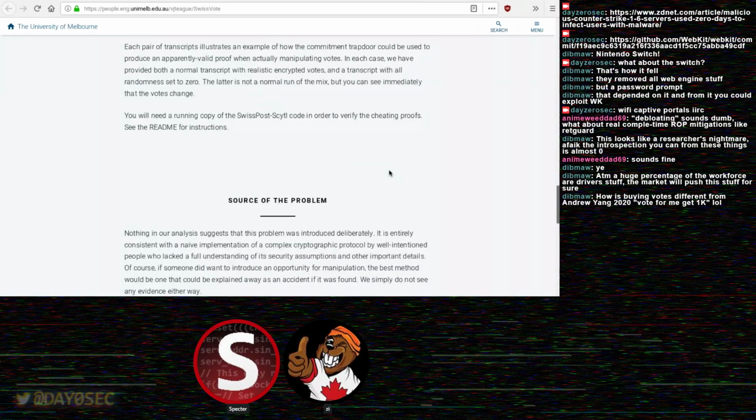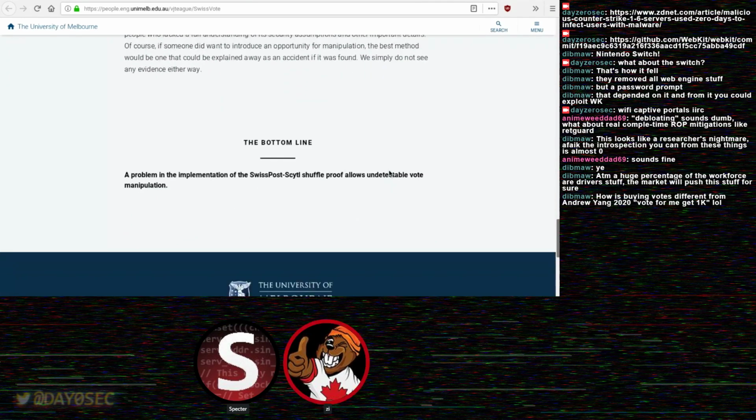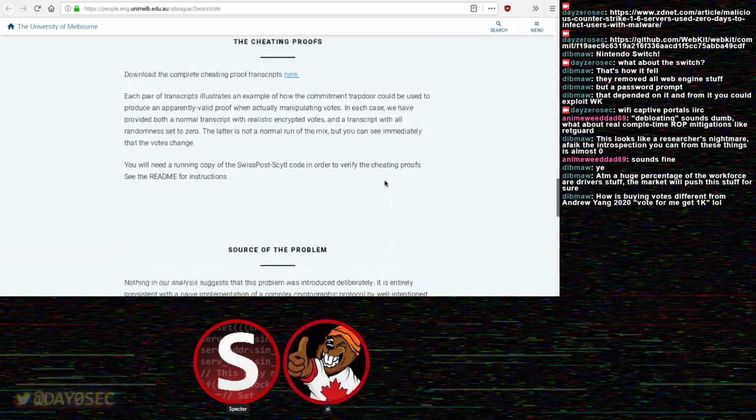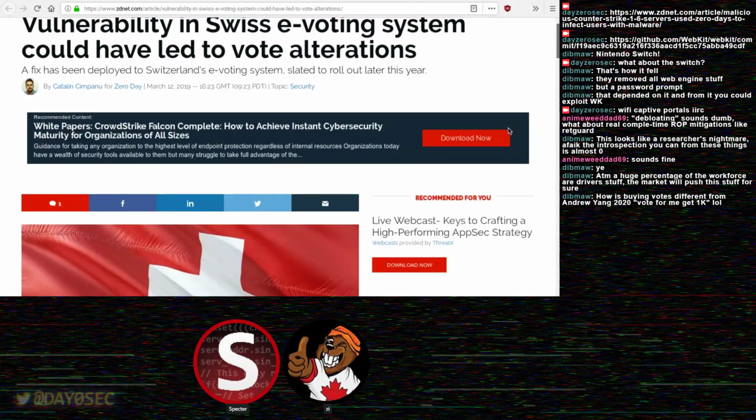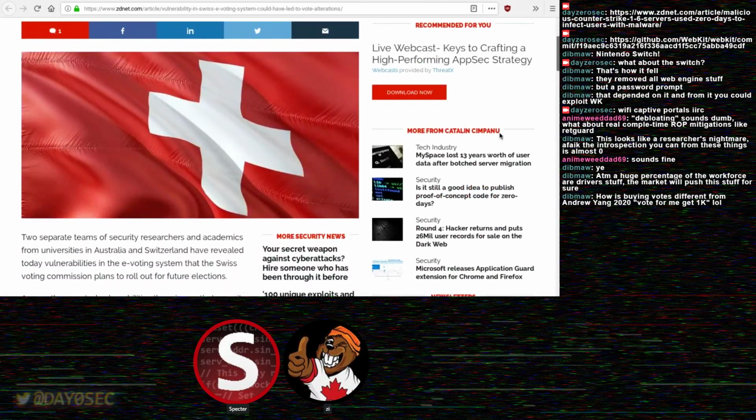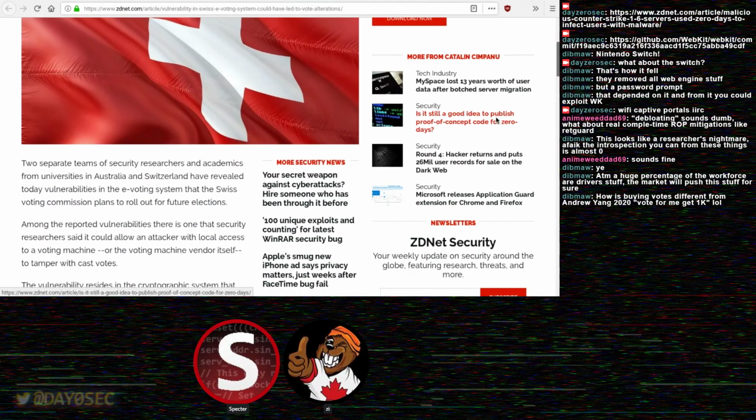I'm trying to remember where I saw the quote because I thought it was in that article, but it might not be. There was a quote where it was basically that in normal elections, there's no single person who could undetectably defraud the entire election. But in this system that they built, there's a party who could do that. I thought that was in this article, but I don't see it in there. But yeah, I guess that does lead into the discussion of whether we want to use electronic voting systems over the traditional pen and paper systems.